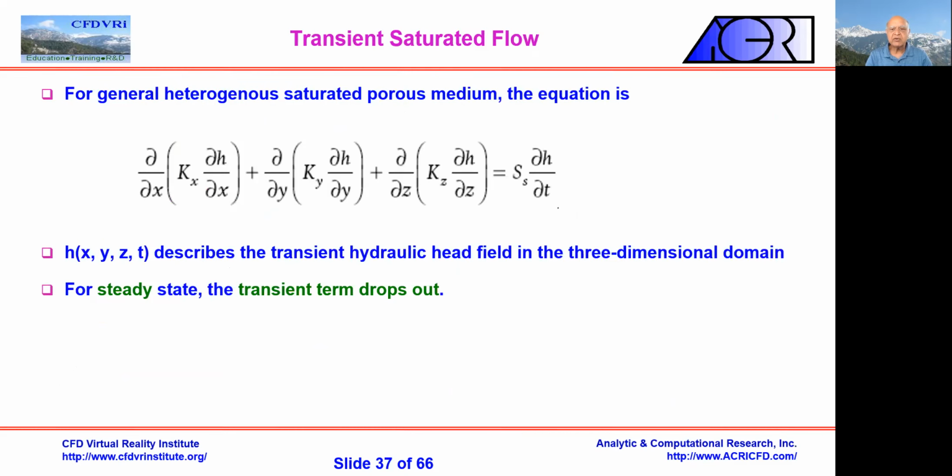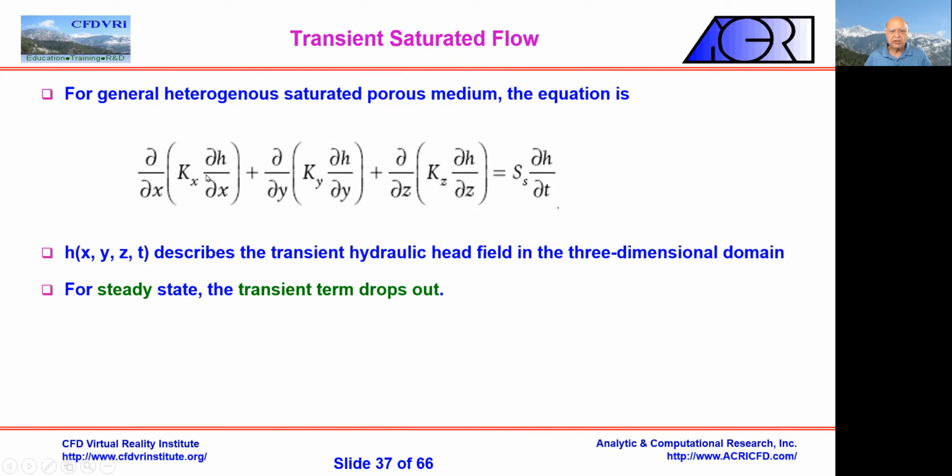So here is the basic equation for a porous medium in transient form. This is the specific storage term, which means how much water can be stored. This is like the accumulation term, right? H is the total head here. So this is the change in the total head with time multiplied by the specific storage capacity, which of course depends on the porosity, or for confined flow, there are other reasons why there may be storativity.